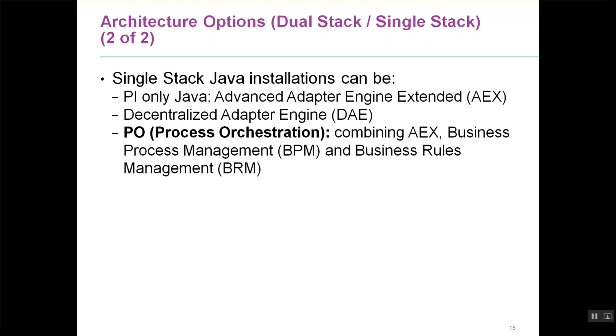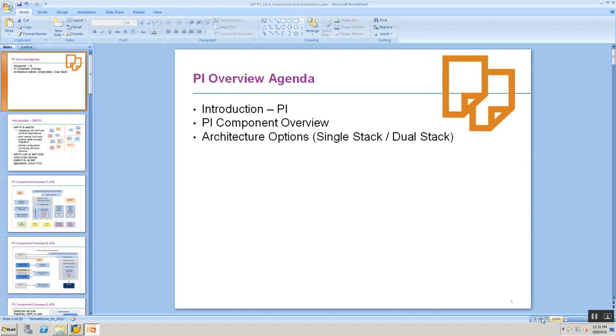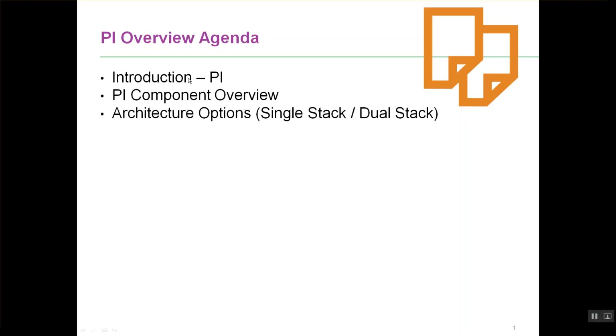To summarize what we've looked at in the past 50 odd minutes, we've looked at a very high level what is process, and for that I'll move on to the agenda slide so we can summarize it from there. We had introduced you to PI. PI is an enterprise application integration platform. We had talked about why PI is important. Remember the spaghetti model that we spoke about, where multiple systems talking to each other in a point-to-point connection will cause chaos, and that's why PI is introduced as your enterprise application integration product.